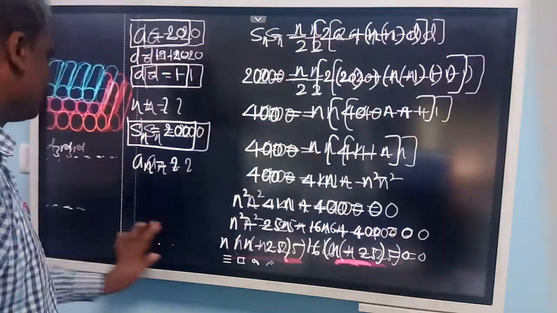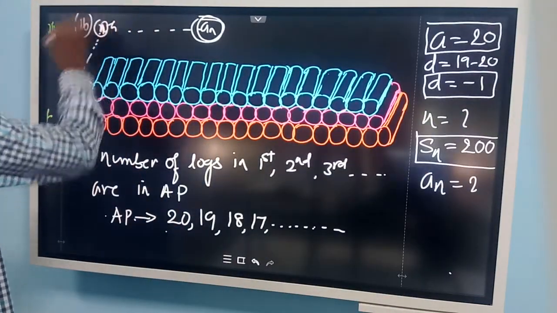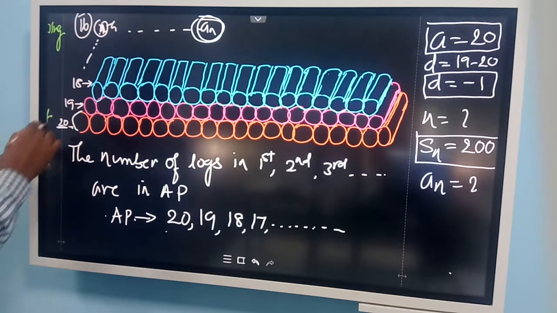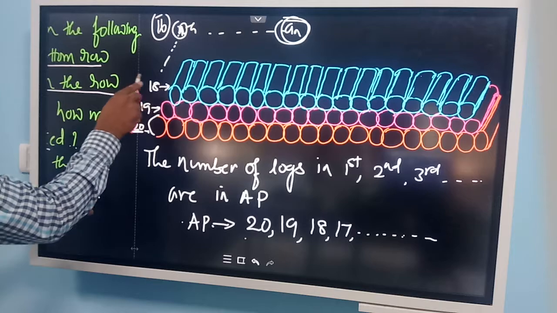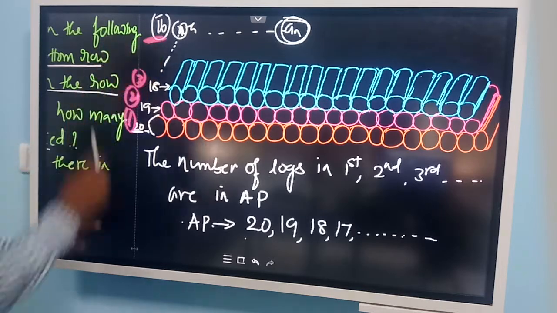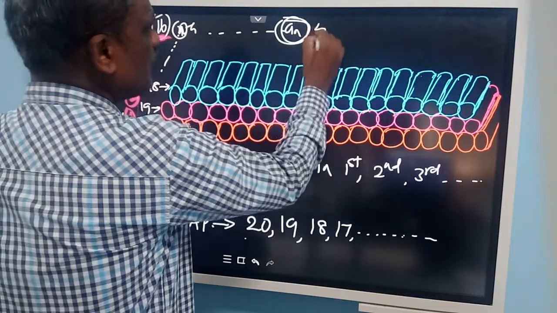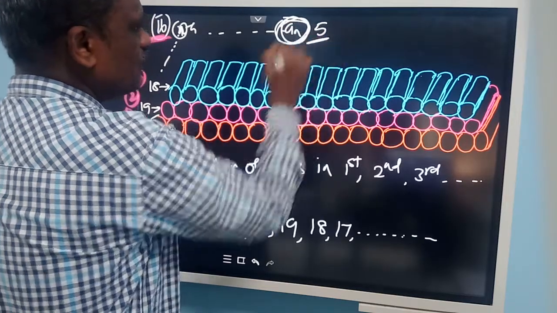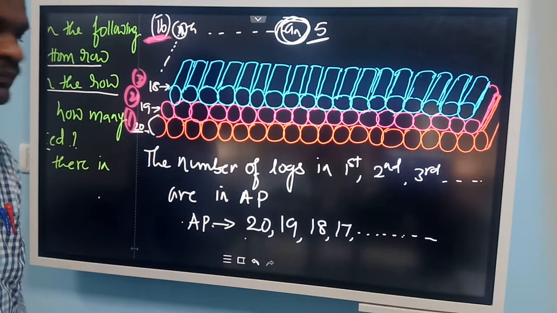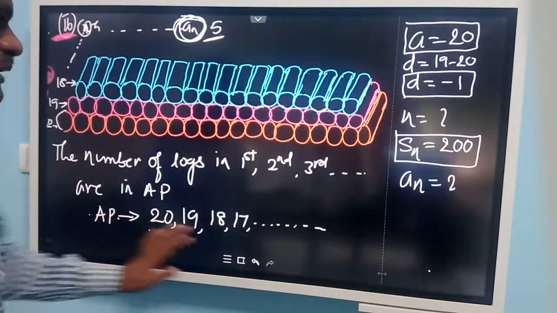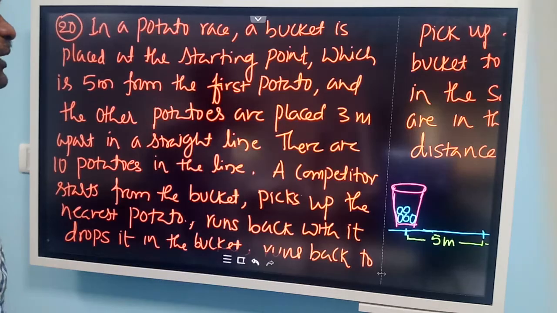You can see the diagram here. So this is n is 16 now. 16th row is the last row. This is first row, second one, third one. This is 16th, the last one. In the 16th row, we have 5 wooden logs. an is equal to 5. So you have 5 wooden logs in the last row. Is it clear to all of you? Yes, sir. Let us read this question now.